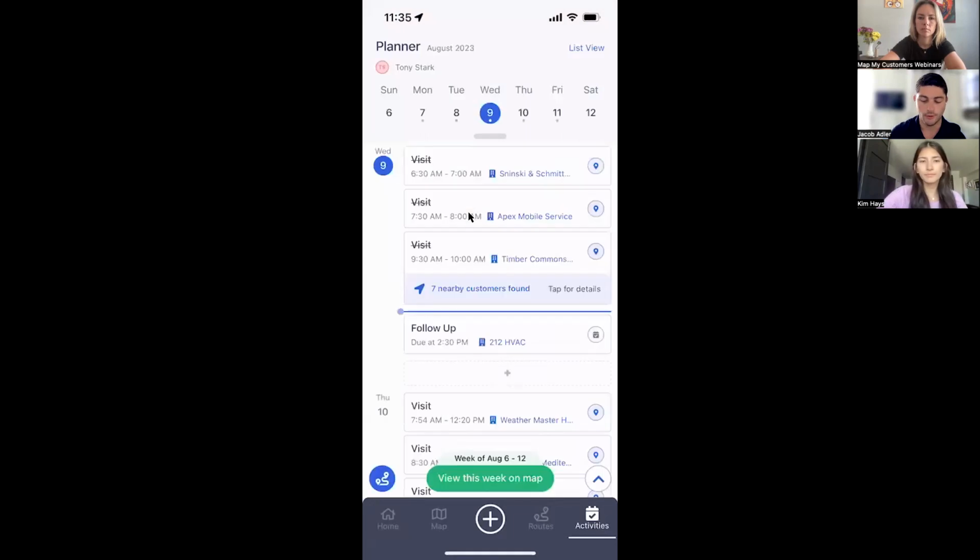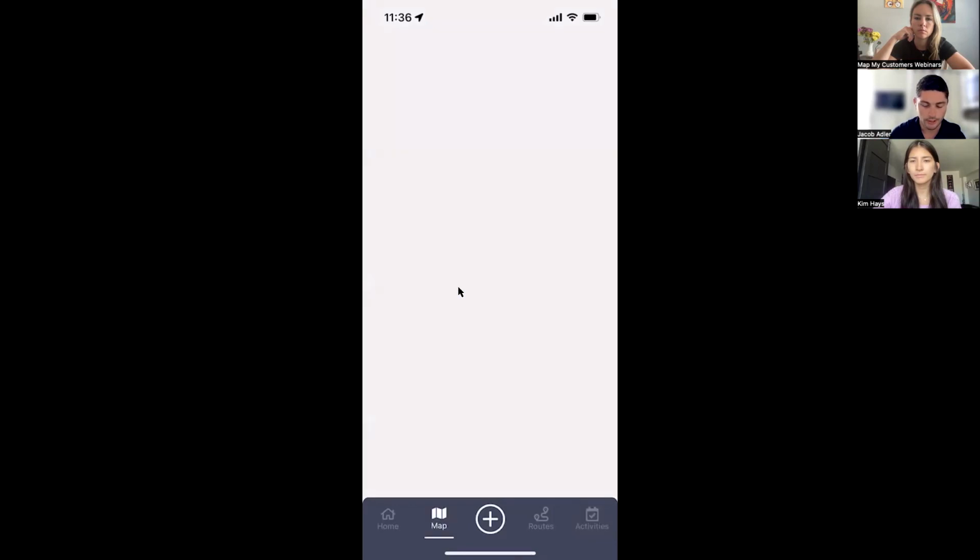So I'll click over into my planner right here. And what you can see is that I've got 3 visits that I've already completed this morning, and I have a follow-up for later in the afternoon. With Map My Customers, as I go through each part and it's completed, they'll get checked off here. Something that's important to notice here as well is we have the intelligence to say there's a ton of gap time between 10 a.m. and 2:30. We might be able to help you here with things that could be slipping through the cracks. So you can see here when you click on this 7 nearby customers found,